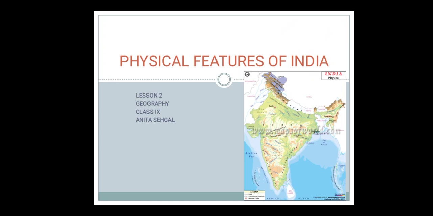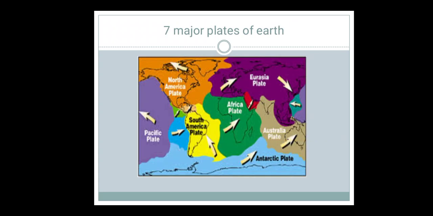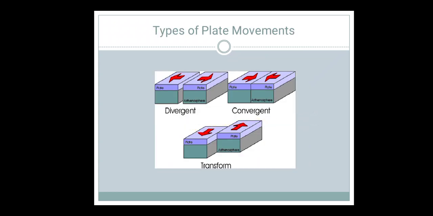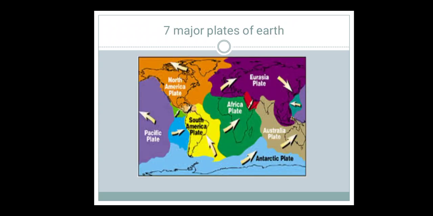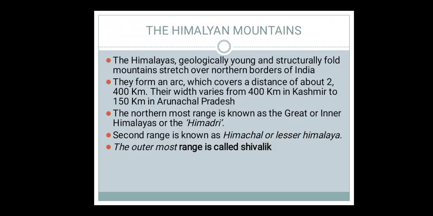Good morning, students. We are studying physical features of India, and we have discussed that beneath the earth there are seven major and some minor plates, and these plates are floating on the molten magma, and there is always a movement in these plates. Because of these movements, there are three types of plate movements: divergent boundary, convergent boundary, and transform boundary. Then we discussed all the major relief features of India, and we have discussed the three major ranges of Himalayas: